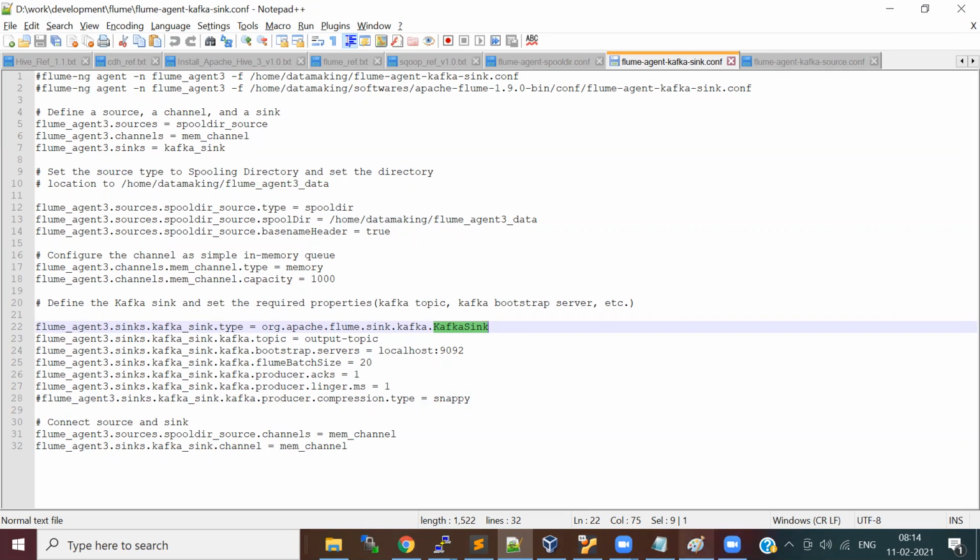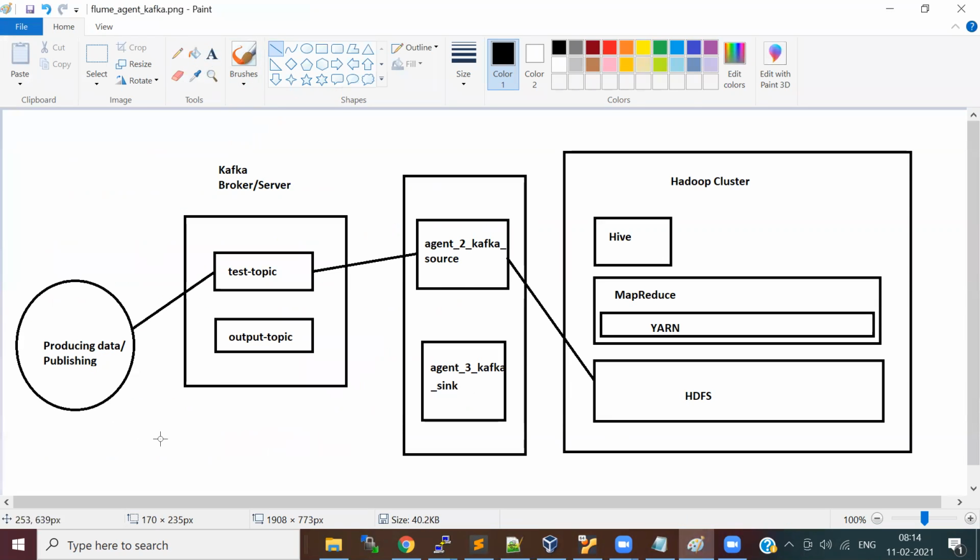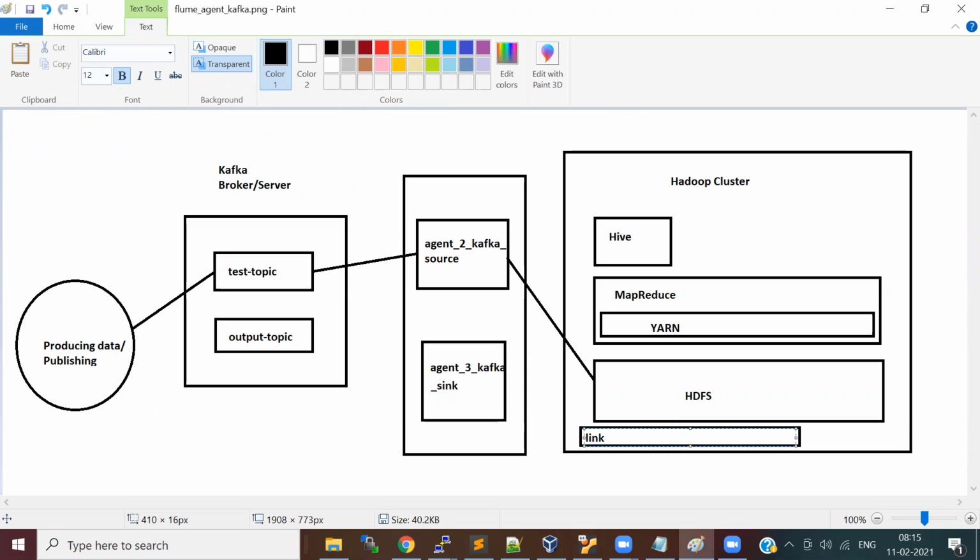So I'm just trying to explain this flow. You can think of there is a Linux directory or path, right?